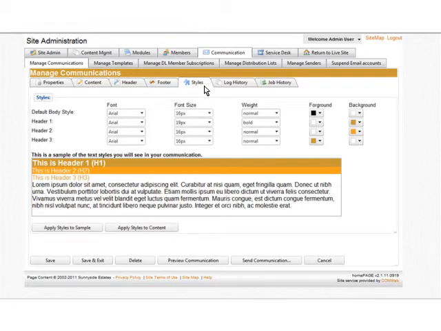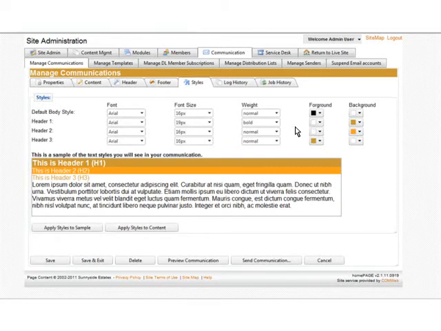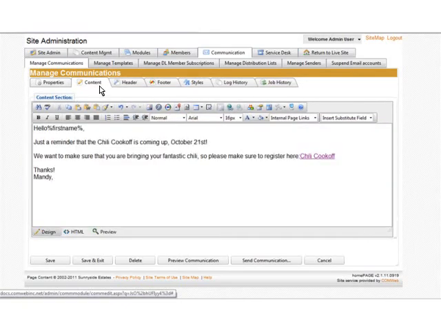And then let's say I wanted to make it more Halloween-y. Well, here are the headers and fonts and sizes and even colors that you can change, all about your email. So you can customize your email the way you want it. It doesn't have to be your standard white piece of paper. It could be anything. It could be blue or green. It can have a header. It can have a footer. So I just wanted to kind of show you some of those things. And when I'm all done,